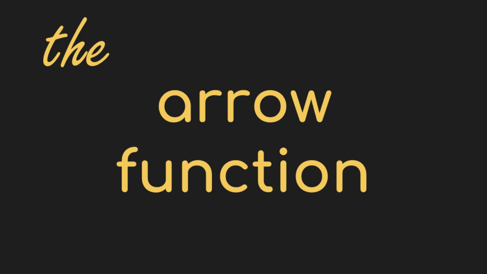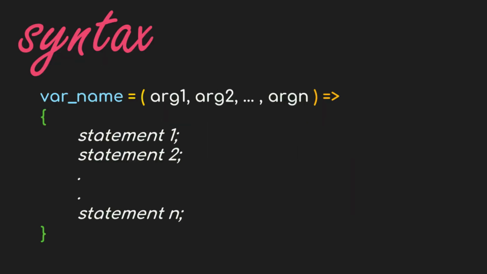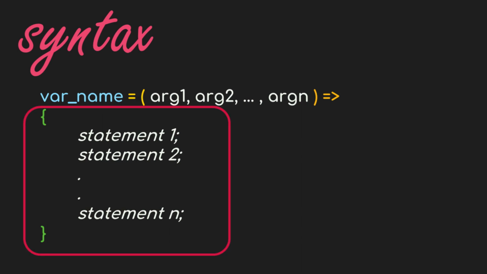There is one more way to create a function in JavaScript known as the arrow function. Let's see the different ways of creating a function using the arrow function. Arrow functions are introduced in the ES6 version of JavaScript, and they allow us to write functions using shorter syntax. The syntax of the arrow function is as displayed here. It's like any other function in JavaScript, except that it doesn't have the function keyword. Additionally, we have the arrow symbol, which is the combination of the equal to and greater than symbol, followed by the function body enclosed within curly braces.